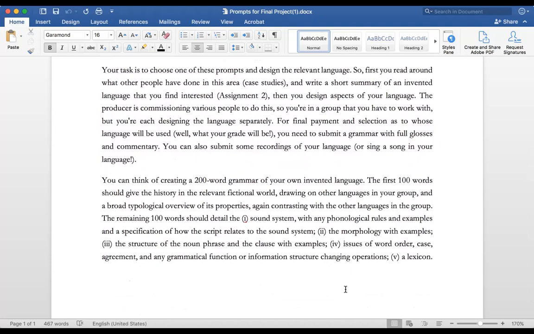When you suddenly hear the word 200, you think, oh my God, it's a 100-level class. Why is she making us do a 200-word grammar? It's not a lot, trust me. Once you start getting into the groove of it, it'll really come easily to you, right? It's always that starting trouble. Beginning something new is always difficult, but when you start really liking what you're doing, it'll come to you, I promise.